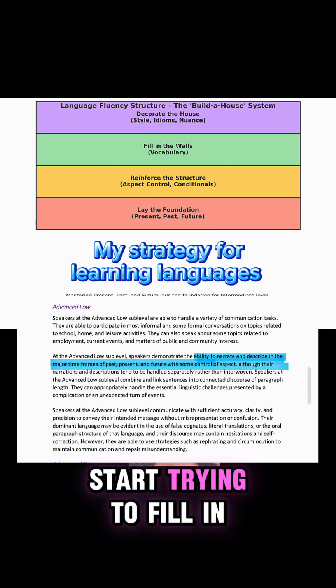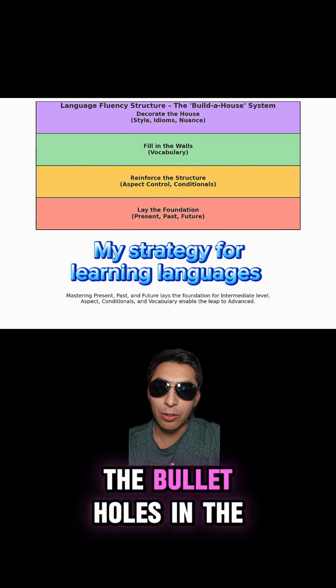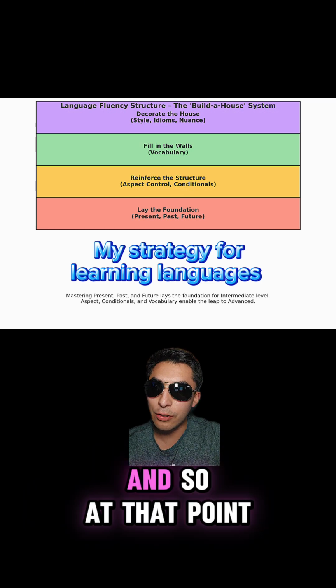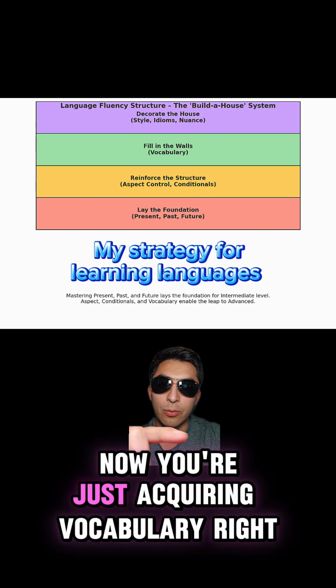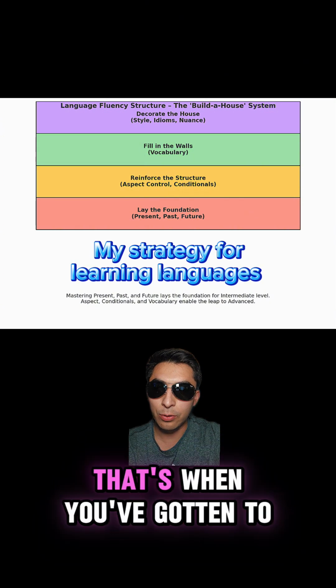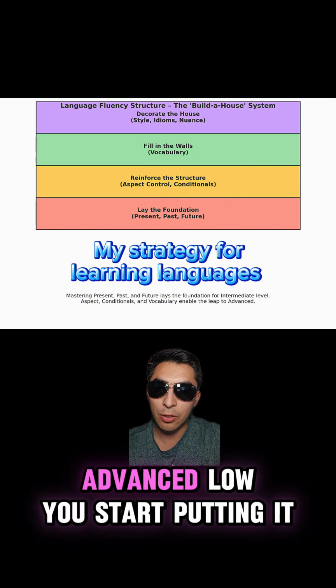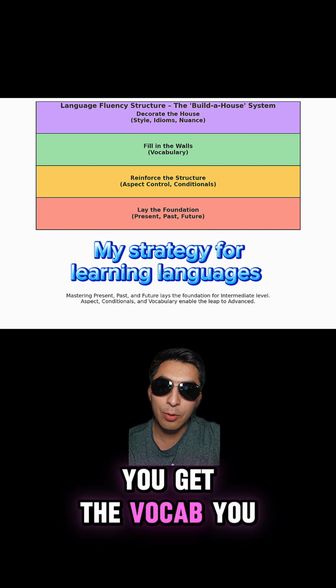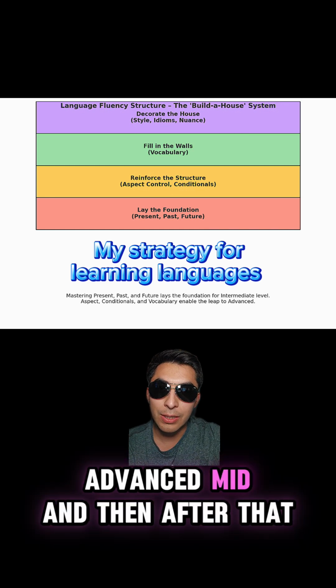And then you start trying to fill in the bullet holes in the wall that you've constructed, right? That's the metaphor that I use. And so at that point, now you're just acquiring vocabulary, right? That's when you've gotten to a pretty good level. Advanced low, or intermediate high, you start putting in a lot of vocab. You get the vocab, you get to advanced low, advanced mid, and then after that, if you want to progress,